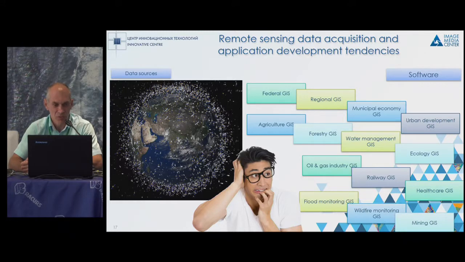Imagine a user like me, for instance. I already start feeling discomfort because among all this multiple data, it's hard to find out what data from what satellites for what purpose are better to be used, what frequency, what resolution, what is the price or availability of those data. I need a lot of time. I spend some time to retrieve this information. Imagine yourselves as a user, if you were, say, a civil servant or an urban developer who needs this system.